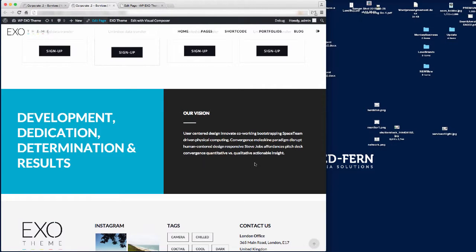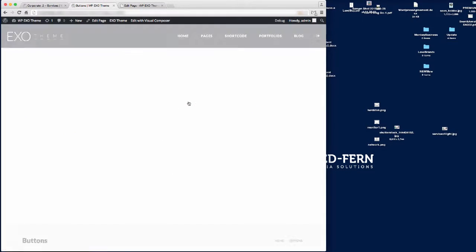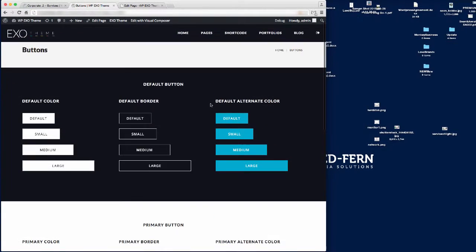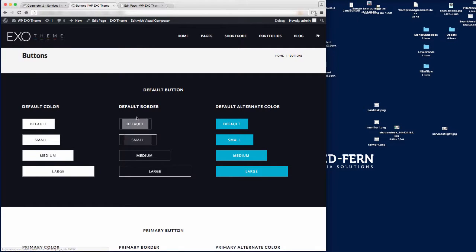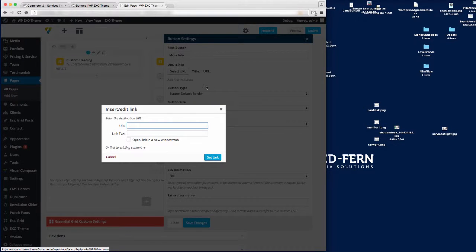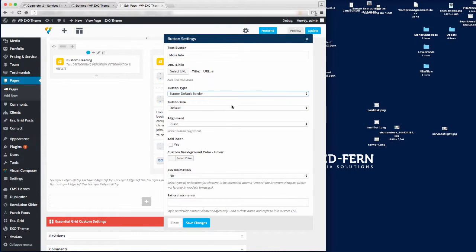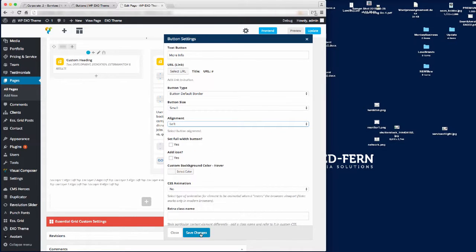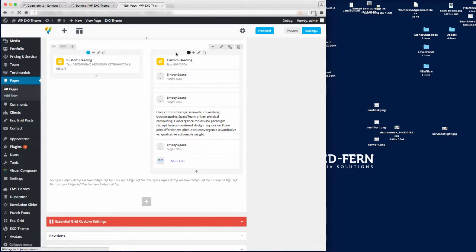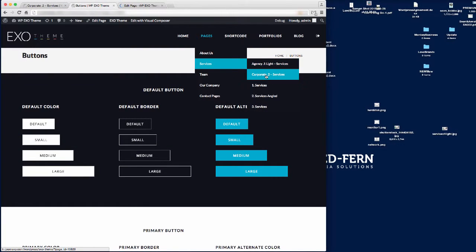And again, we're on a black background, so if I go to the short codes and just have a look at what buttons are available, we're on a black background, so I'm going to use this one this time, the default border. So we just go more info. If we just put a hashtag on there, default border, we're already on that. Small, align left, save that. So if we update that now, and then if we navigate back to this page,